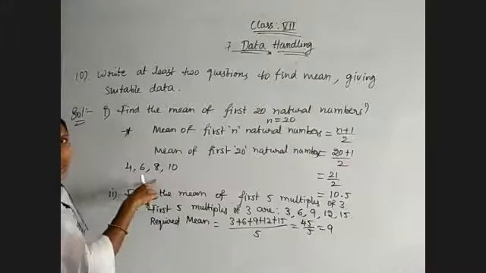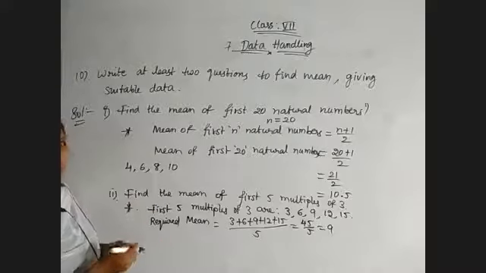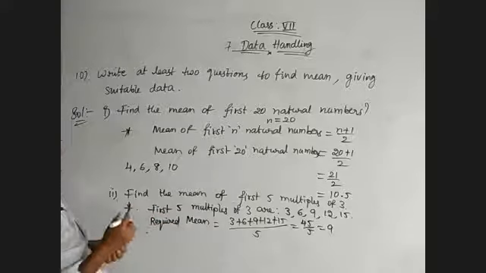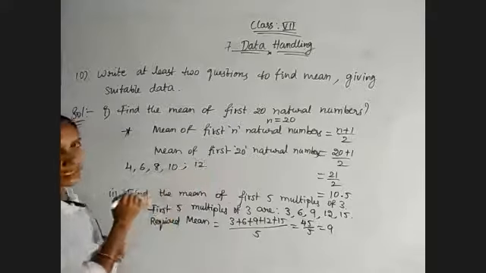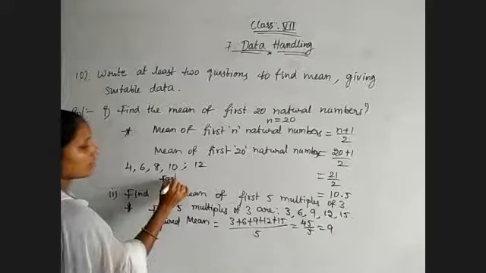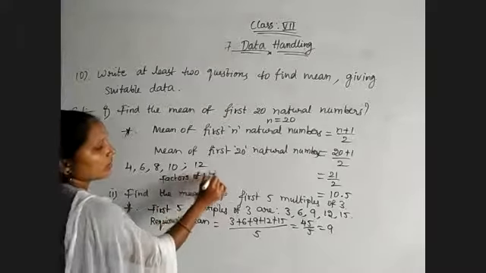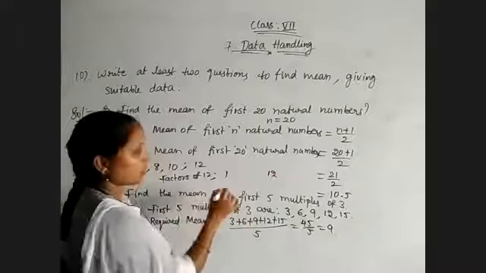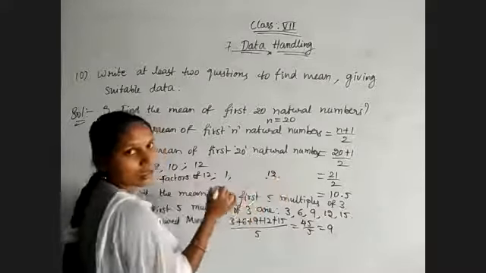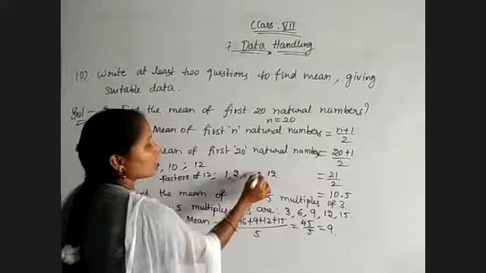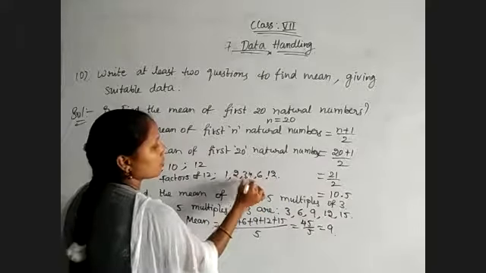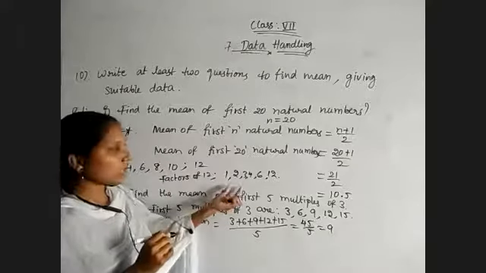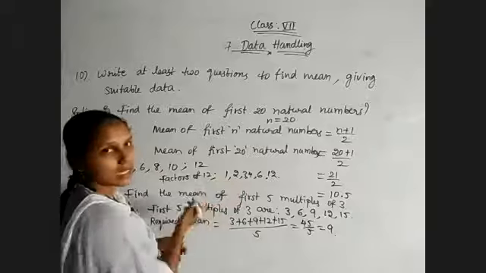Depending on the question, if they are asking to find the mean of all the factors of 12, for suppose. Factors of 12: 1 is a factor of any number, and every number itself is a factor. Factors are countable. 2 sixes are 12, 3 fours are 12, 4 threes are 12. That's all. These are the factors of 12. Find out the mean of these numbers. That is the required value.